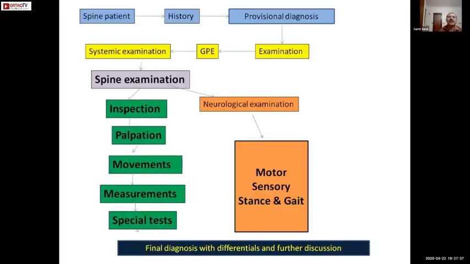After a good history, the student should be able to come to a conclusion whether this patient has got a stable spine or an unstable spine. Is there a neurological deficit, partial or complete? And of course, which part of the spine is involved, cervical, thoracic or lumbar. Depending upon whether the spine is stable or not and deficit or not, the examination should be done whether only